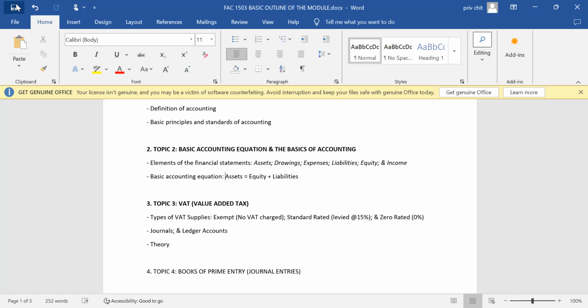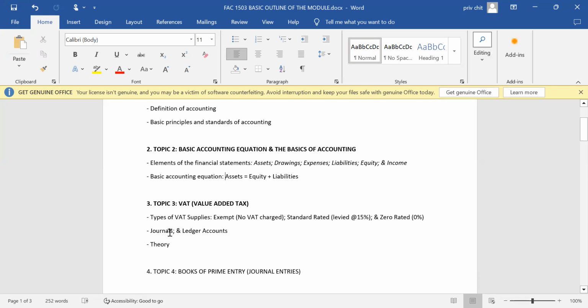We will look at the different types of VAT supplies that you as an attorney practice would need to take into account, depending, of course, on the type of transaction you're looking at, right? So there's what we call exempt supplies, there's what we call standard rated supplies, and then, of course, zero rated supplies. I'm going to explain to you in detail what it means when you're saying exempt supply, standard rated supply, zero rated supply.